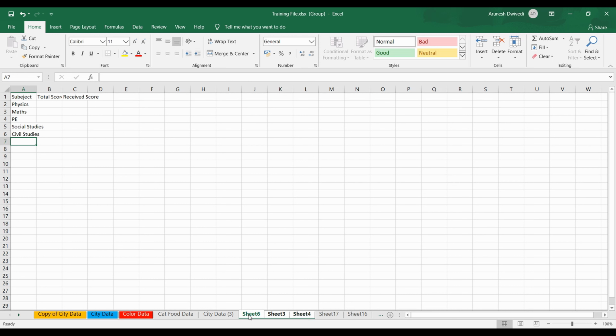But how do we get out of this grouping? Even if I'm clicking at an individual sheet, these 3 sheets remain selected. So there are 2 ways to get out of this grouping. One is that you simply select any other sheet outside this selection. So once you click this, those 3 sheets will be unselected, and if you check, all the 3 sheets will have the same data. Let's say I select these 3 again, and another way to ungroup is right click on it and select ungroup sheets, and this will also ungroup the sheets.